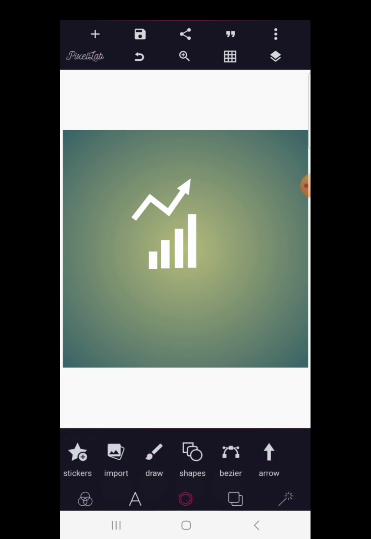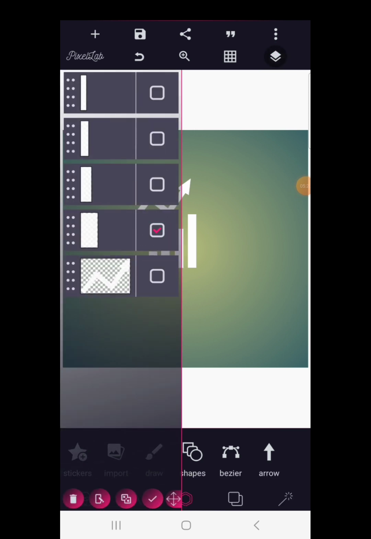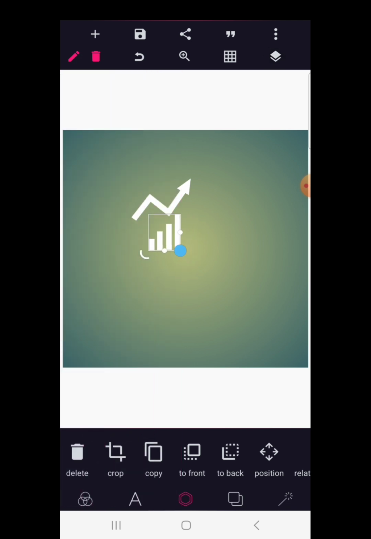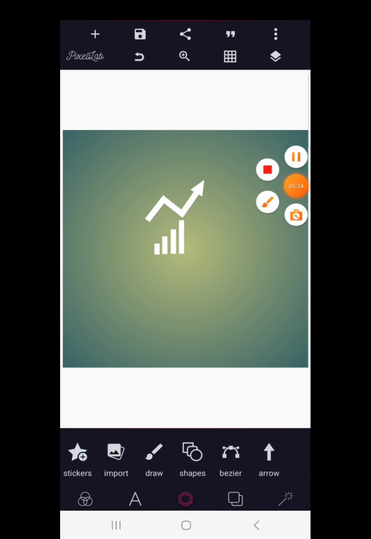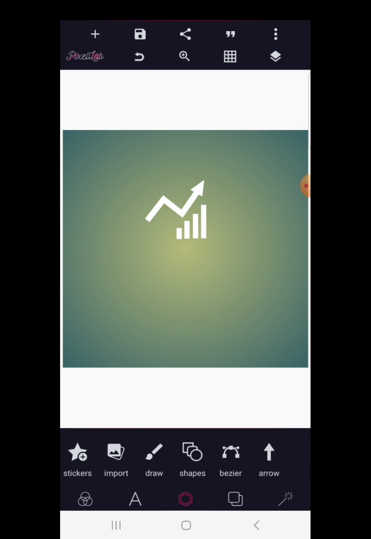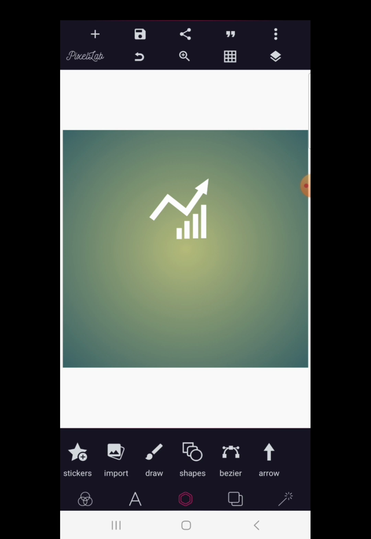So after creating all of these good bars, go back to layer, select everything, and merge it up also as well. Now you can reduce it a bit in size. Then you bring this, so we're going to bring this like so. And after achieving all of this, go now to your shape,